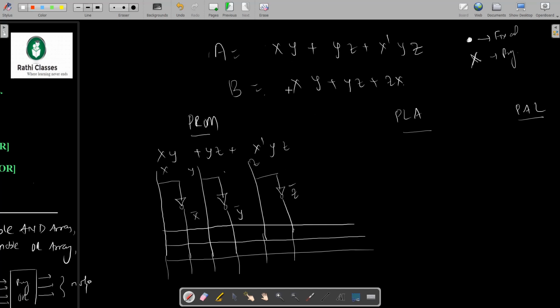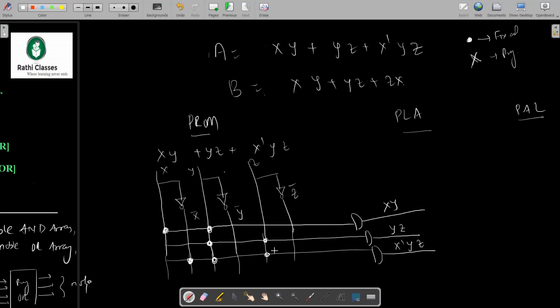So what I will do is, I will take one input x, another input y, and provide them to an AND gate. So my result would be xy. Similarly for yz, I take y and this is the input z, and I provide them to an AND gate, so this is nothing but yz. Similarly for x bar yz, this is x bar, this is y, and this is z. These three, if I combine with the AND gate, my result will be x bar yz. So this is how the AND gate is designed for output A.